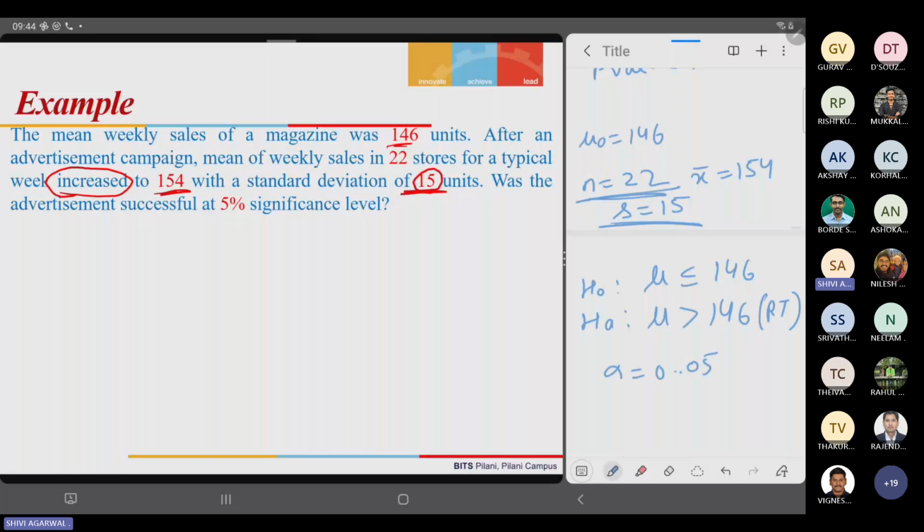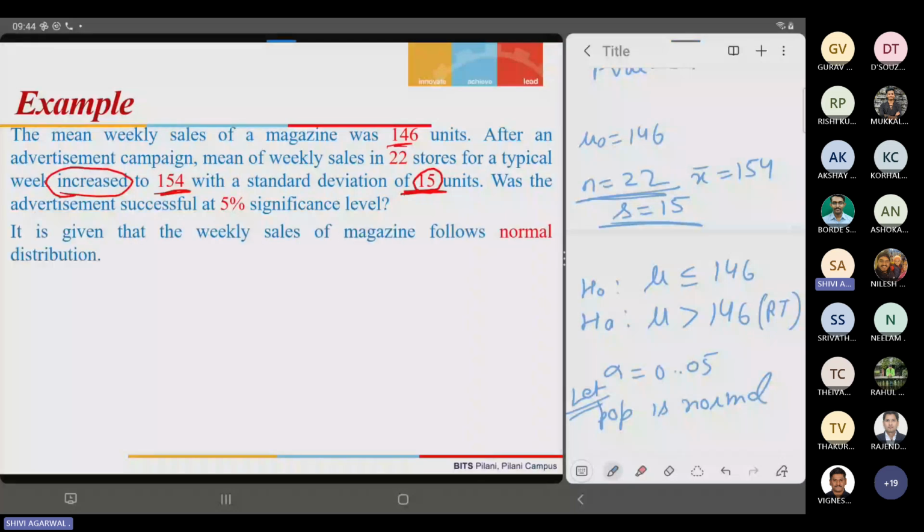And for T distribution, what are the assumptions we require? One more assumption is required, that the population is normal. So we start the question with "let", because it is not given. So we just assume that let population is normal. If it is given, then it is okay. If it is not given, then we write let population is normal, and then we start the t